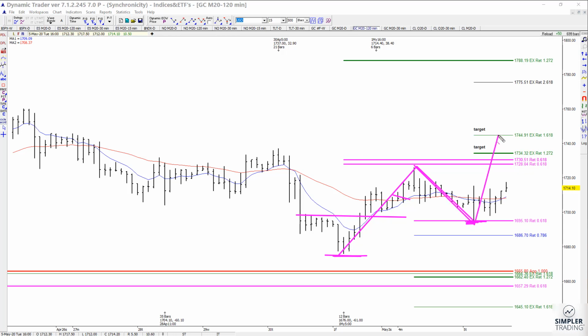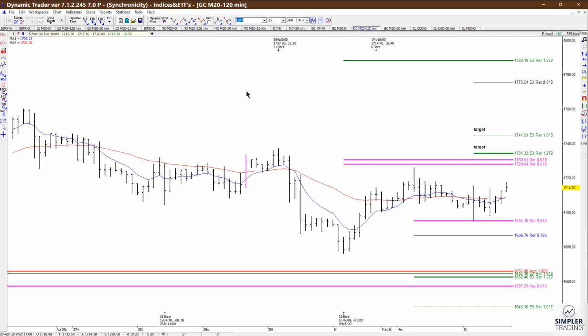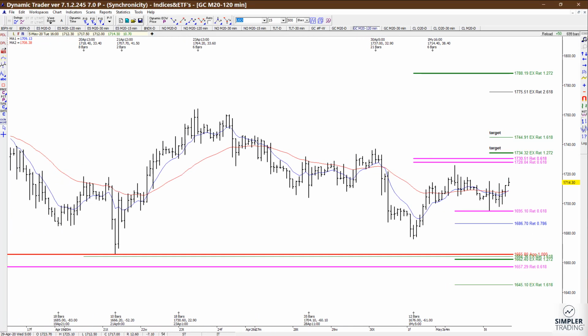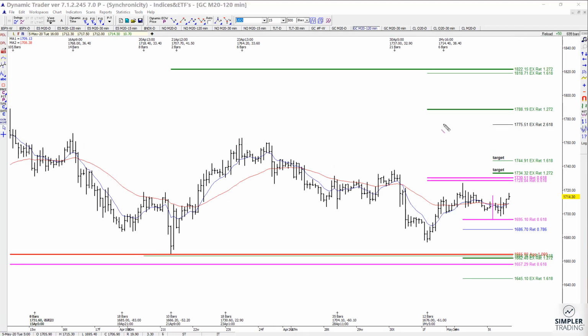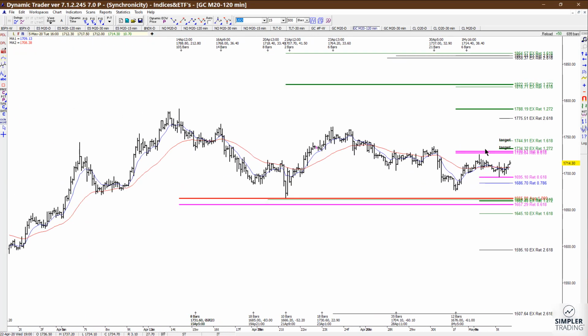then our initial upside targets off of this swing come in at 1734 and then 1744. And then also in the bigger picture, if we continue to hold up, then there's going to be larger targets that'll come in off of this swing. And then also the bigger picture targets, and that's going to be off of the much larger swing,